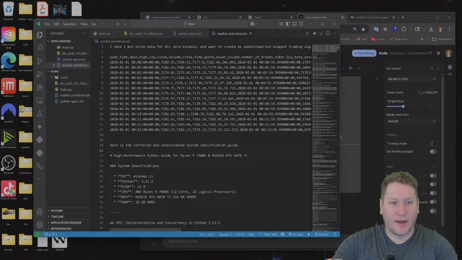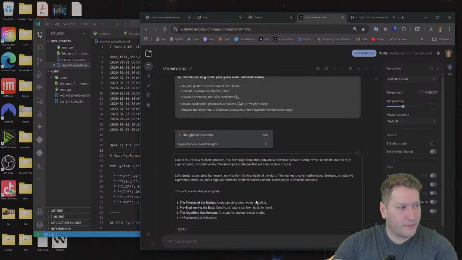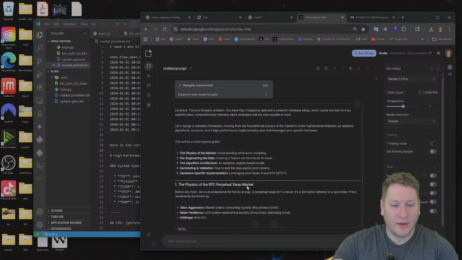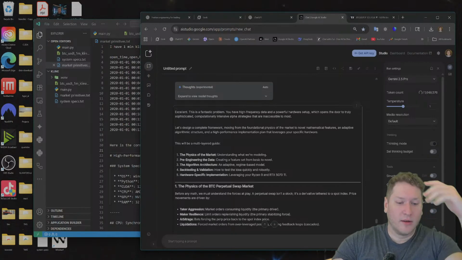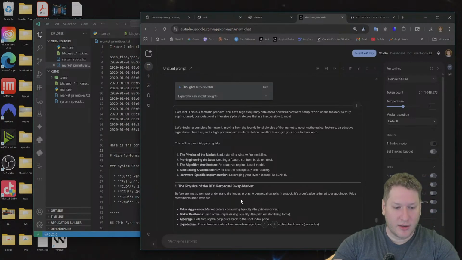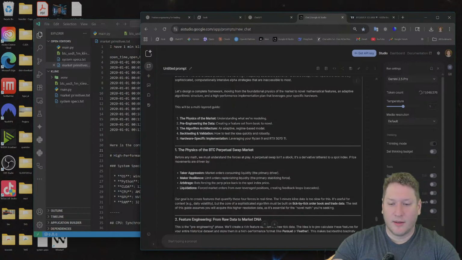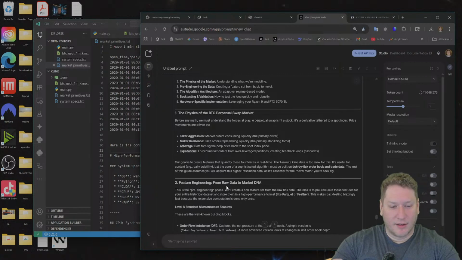All right, I mean, you can get a good amount of, okay, let's see what it has to say here. The physics of the market, taker aggression. Okay, before any math, we must understand the forces at play. A perpetual swap isn't a stock, it's a derivative. Yeah. All right, sure.